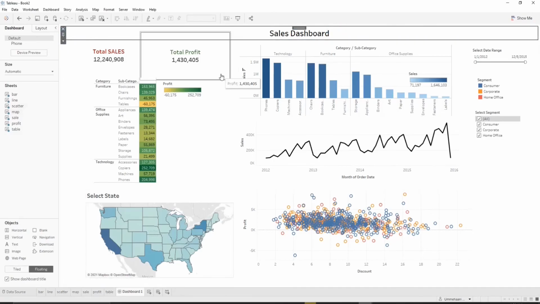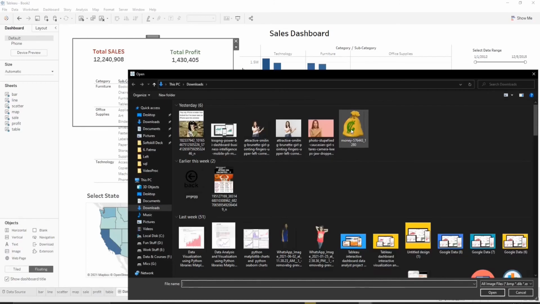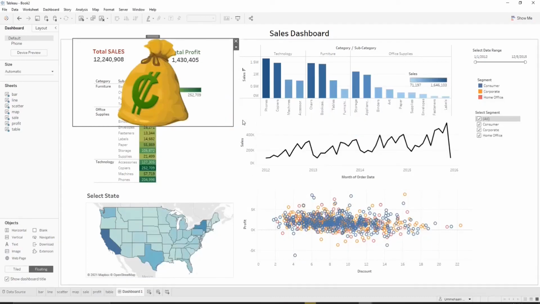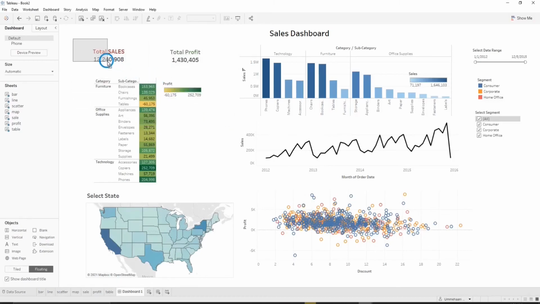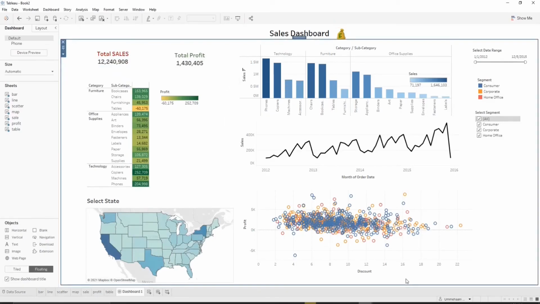For that, what you will do, you will double click on the image over here, and then you will see center image, choose an image, and in your PC you have to select this money image that I am choosing. And I'll click OK. Then I have to simply reduce the size, and I will click on those lines over there on the chart, and then I will adjust it over here. The last thing that is remaining is to upload this on an online server.